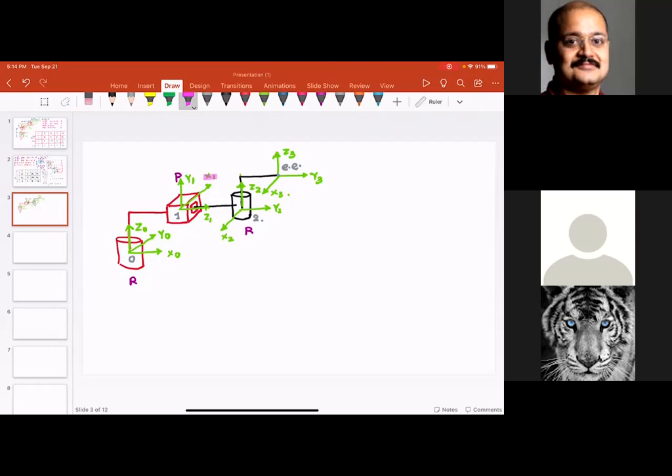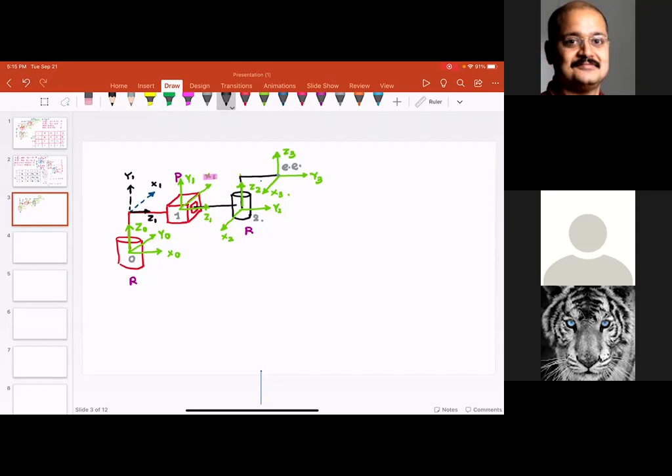What that means is we need to translate or shift it. Now there are 2 ways to do it. The easiest way to shift is you can shift it over here. This is going to be my X1, this is going to be my Y1, and this is going to be my Z1. Now please observe the 4 rules are satisfied. Do you agree with me? Please remember this trick.